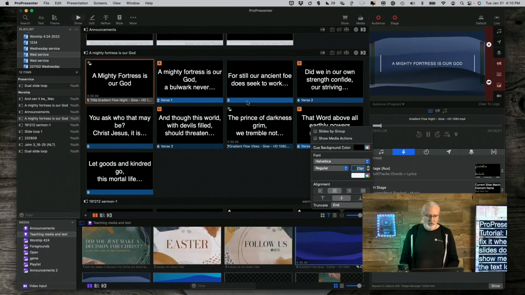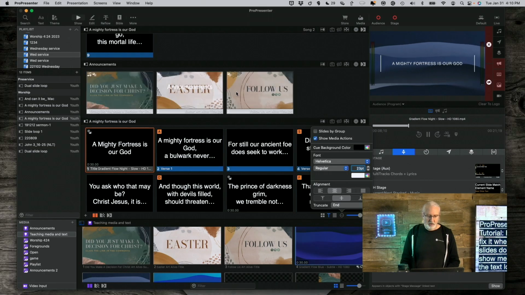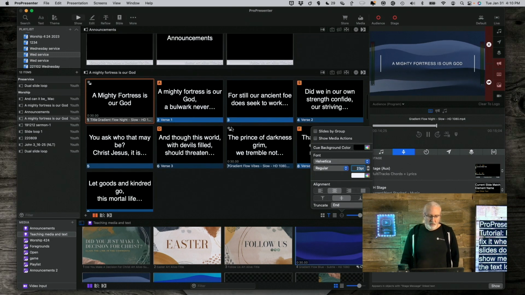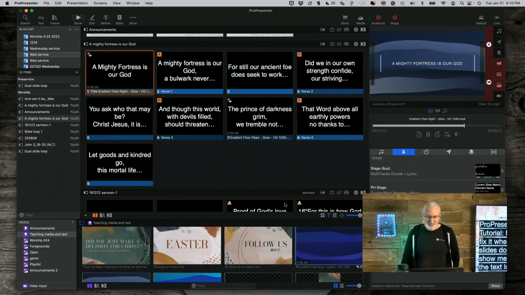But you can see that up here it did in fact do it on here. So that's a way that maybe you can get the best of both worlds if you're on a non-beta version,